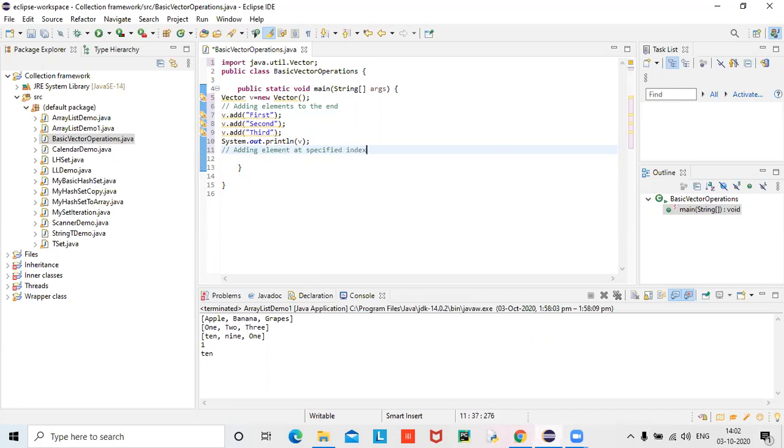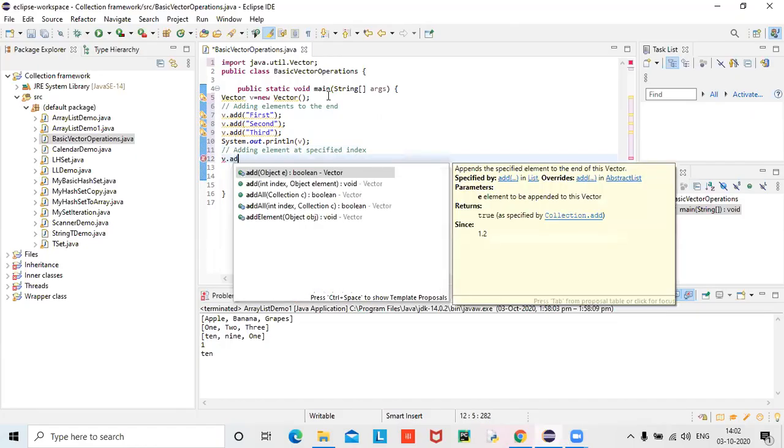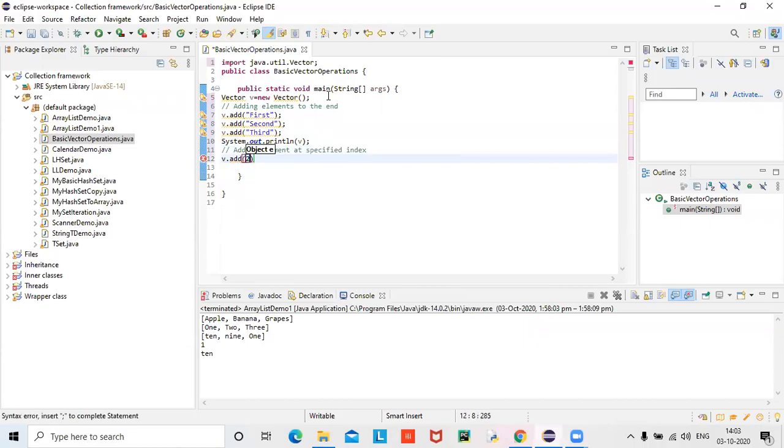Let us specify some index and add accordingly there, like v dot add within brackets, second position I want, the string by name random I want. Okay, fine. Now let me display again. Let me check. V is the vector. Done.